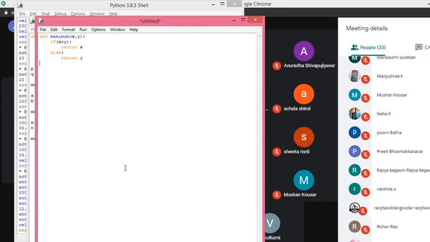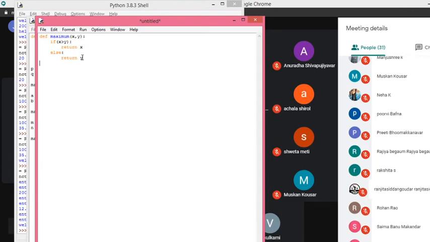Another advantage of the return statement: here I am returning only a single value, either x or y. Later in the second module you will learn that multiple values can be returned, but that's not allowed in C without the help of pointers.